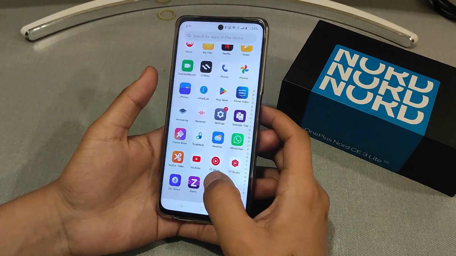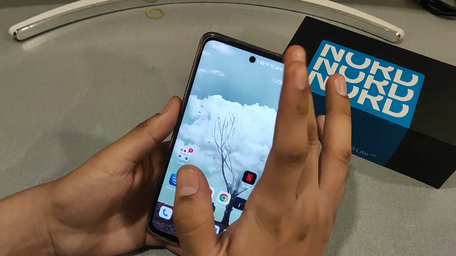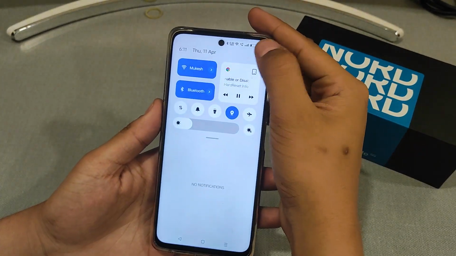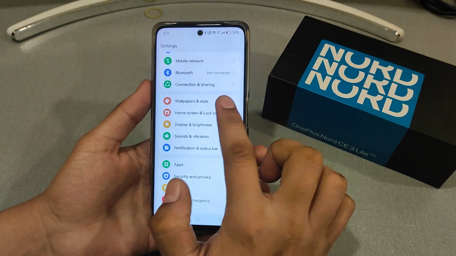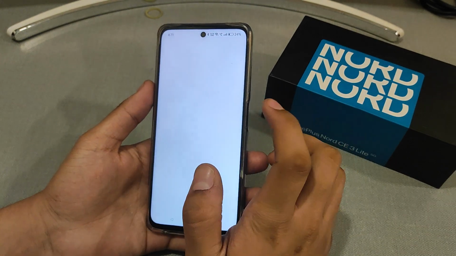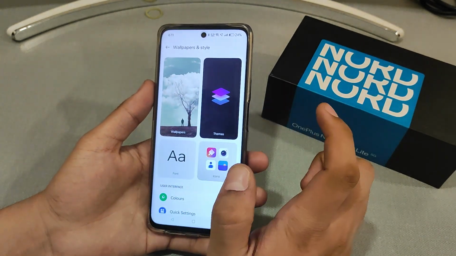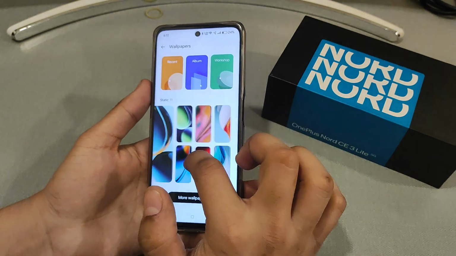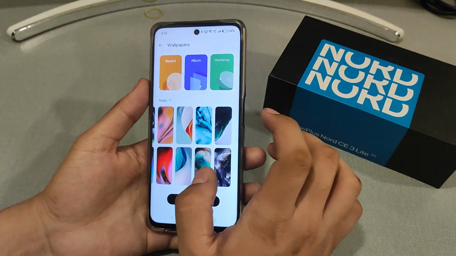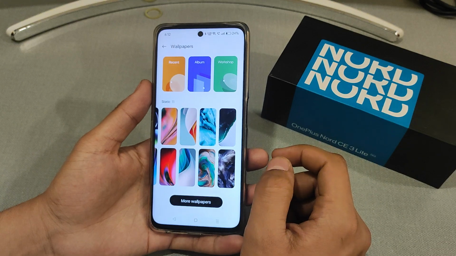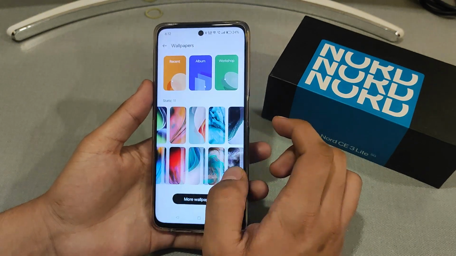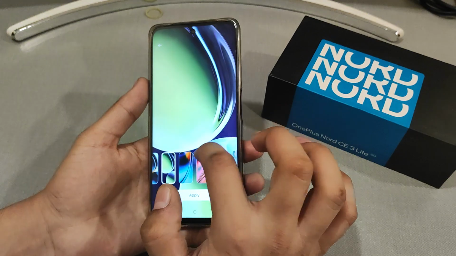So let's get started. First of all, we have to go to settings, then wallpapers and styles. You can use default wallpapers that are inbuilt in the mobile phones. I'm using OnePlus CE3. There are a lot of wallpapers, you can choose it,